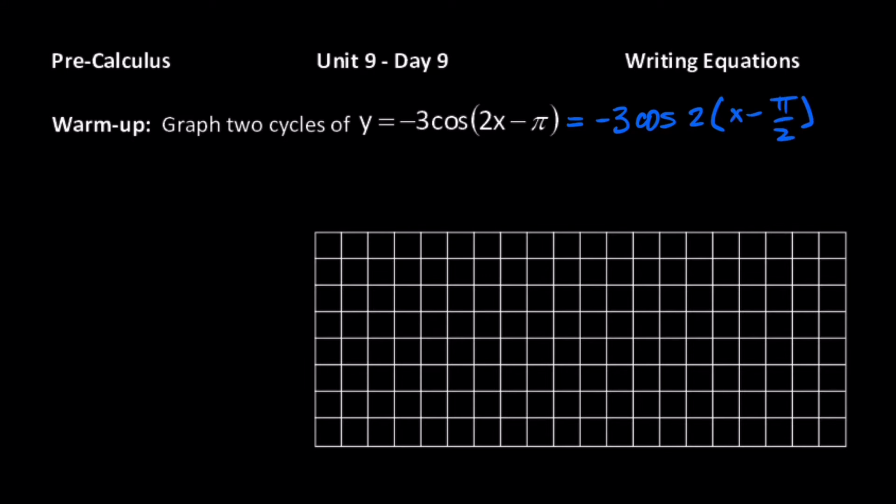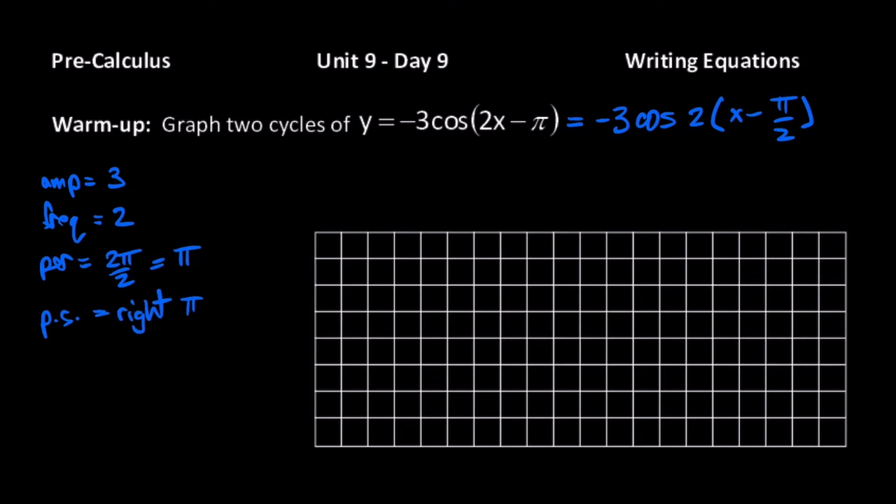So now we'll identify amplitude. It's 3. Our frequency, or b term, is 2. So that makes the period 2 pi over 2, which is just pi. Now what else do we have going on here? We've got a phase shift, right pi over 2. There is no vertical shift, but if you notice here, we have a reflection in the